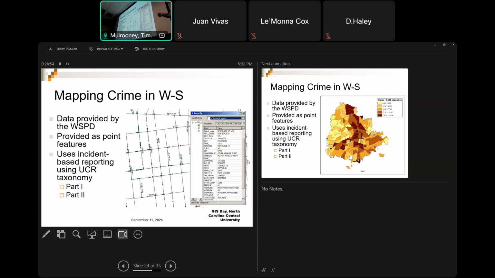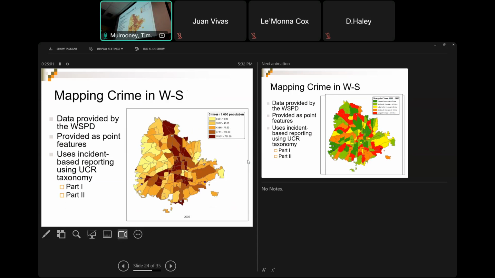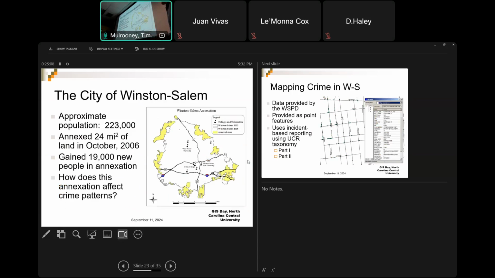So when we map crime, we get crime using addresses, and we can do this called geocoding, and I can map the part 1 and part 2. And so when I make a crime map, I've got something like this. Now, the challenge is that I've got crime data from the city for only the year before, for 2005, and then 2007. Now it includes the whole city. So how do I reconcile working with data that wasn't there in 2005 that's now there in 2007?